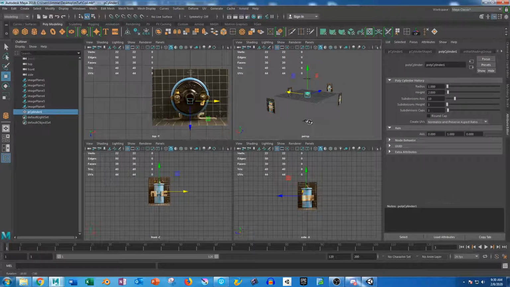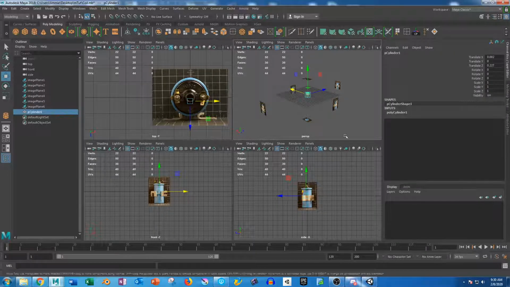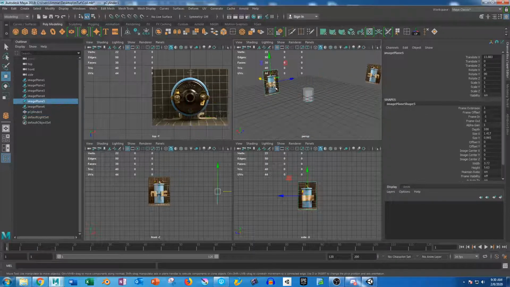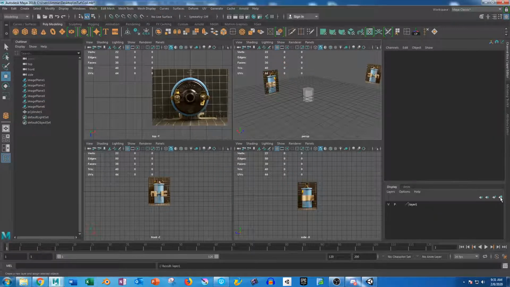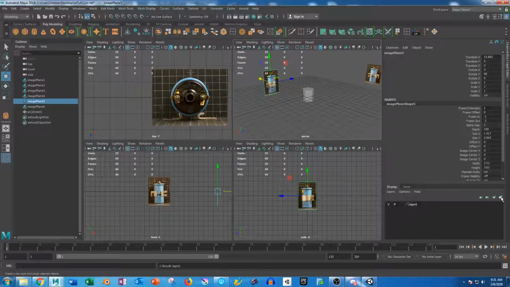So the next thing I want to do, not the first thing because I've already been doing this for a minute now, I'm going to click on Channel Box and Layer Editor. And what I want to do from here is click on this icon right here. If you don't have this selected, it won't do anything. But if you have the object selected and click on that, it'll make it where you can view the